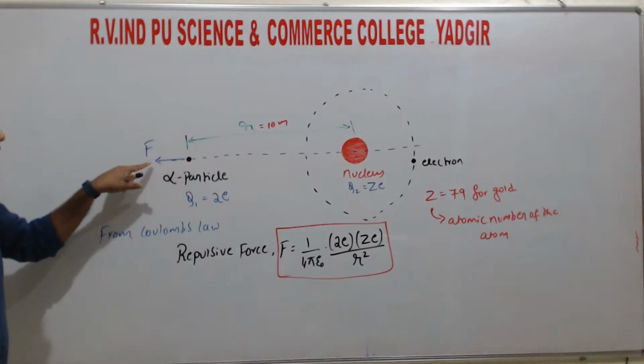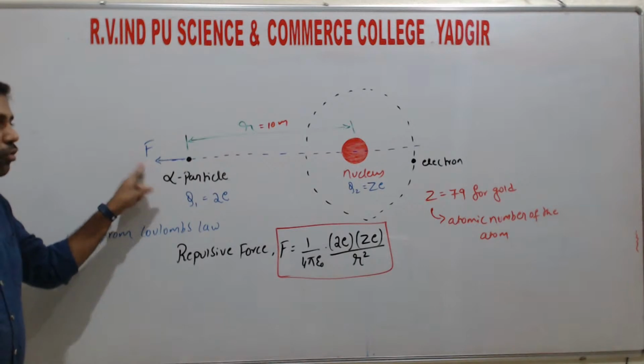If this is the repulsive force, this becomes F, right? So this is the direction of the repulsive force,